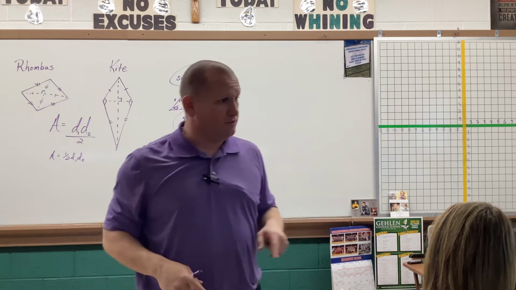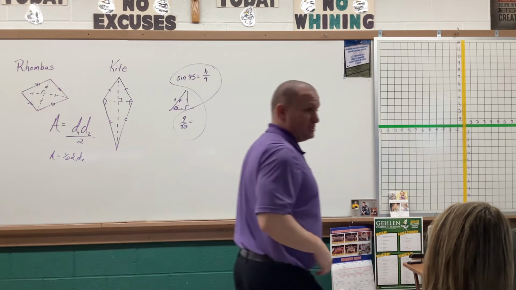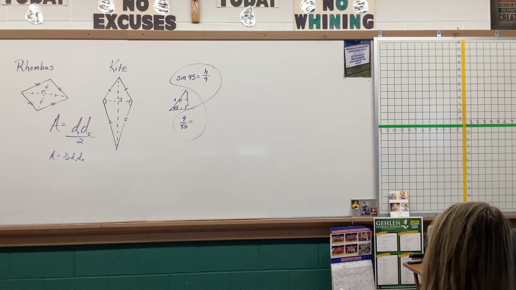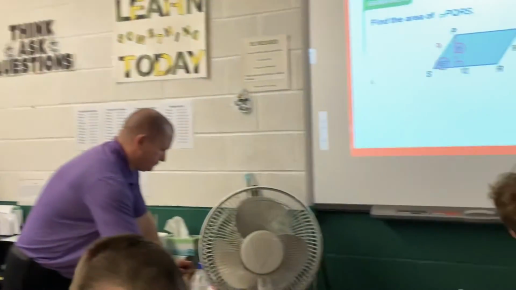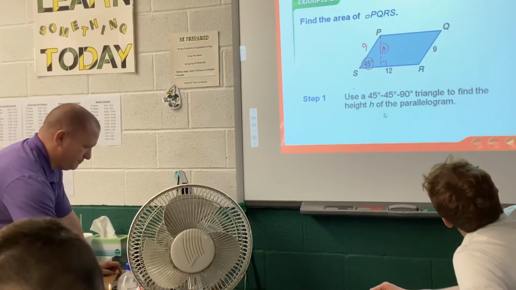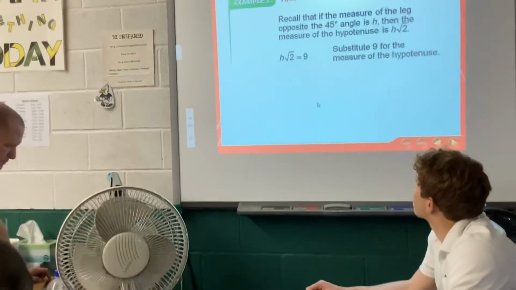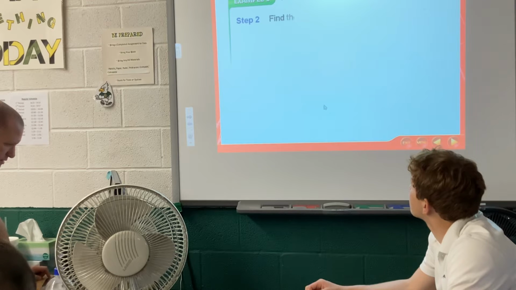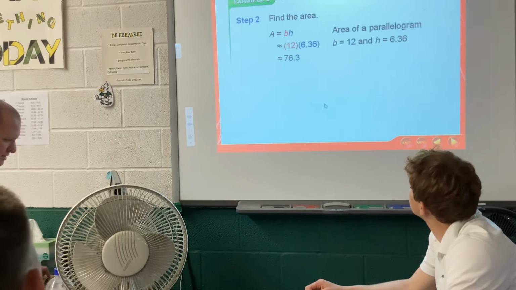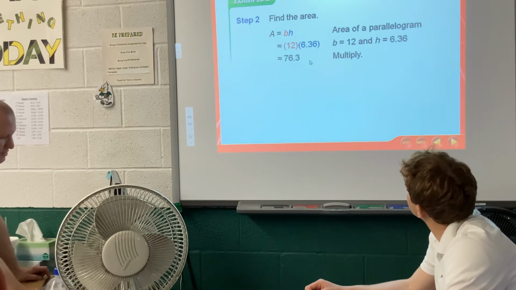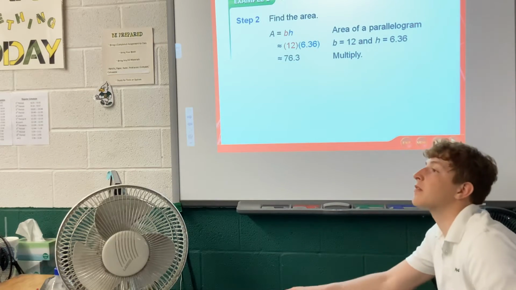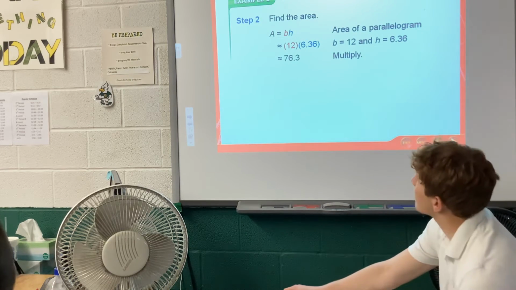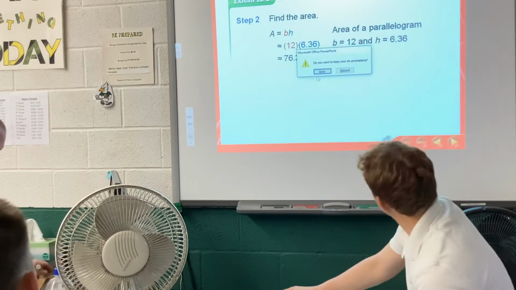What'd you get? Times 12. 76.4. 76.4. Everybody else get it? Okay. Let's see if Gabriel's right. So again, some of these slides I don't like. See how they rounded? So their answer is probably different than your answer, Gabe. But again, our answers are all going to be the same because you're not going to round until the very end. And then again, if we go back to the problem,